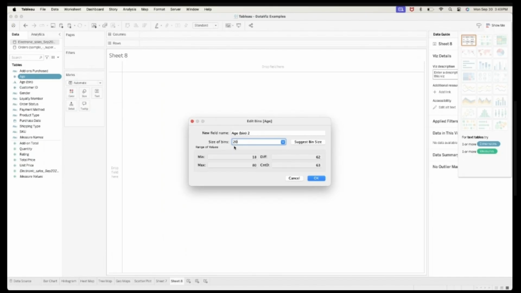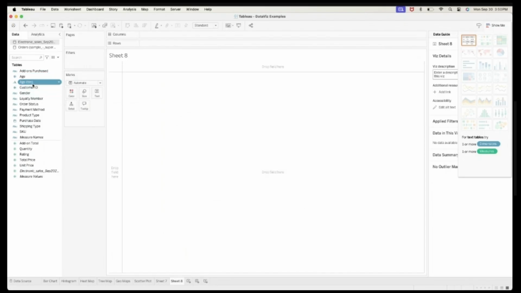What made me decide that the size is 20 is because the minimum showing here is 18. And just click OK. So, okay nyo na siya. Now, I'll just cancel because I already have it here. Okay?